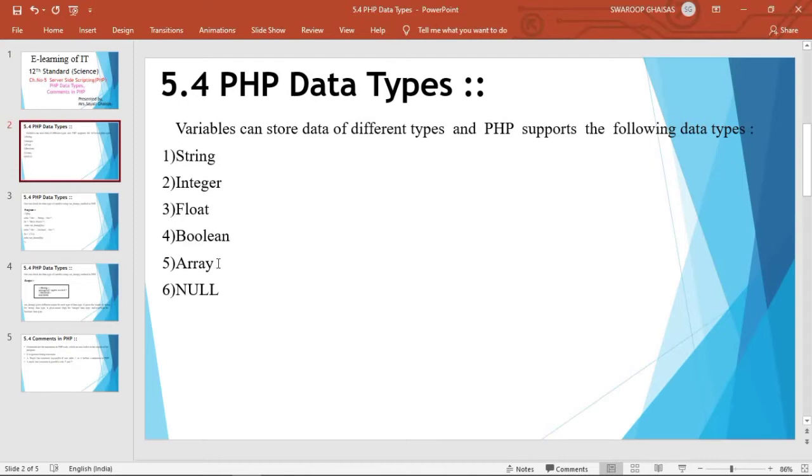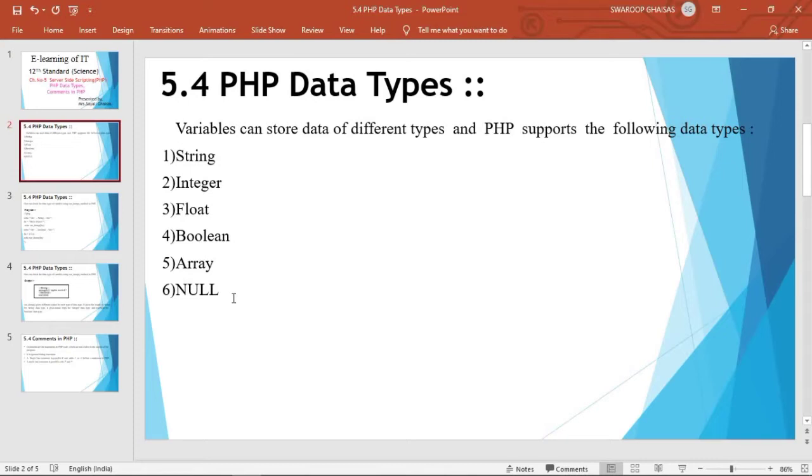Array is a special variable which can store more than one value within it. Generally, within a variable you can store any one value. That is, variable A can contain the value 10 or ABCD or true or false, etc. But using an array you can store more than one value of a similar data type in one variable.